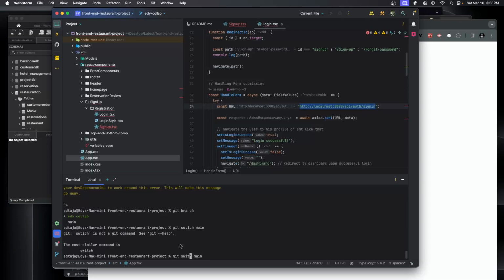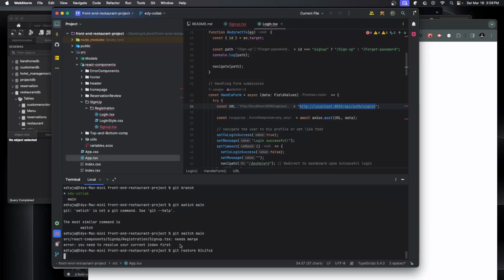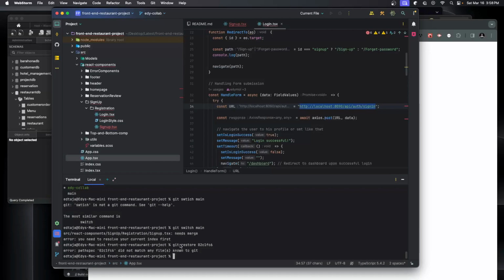Switch. Okay. Git, let's see. Restore. Error, it doesn't find the file. Git